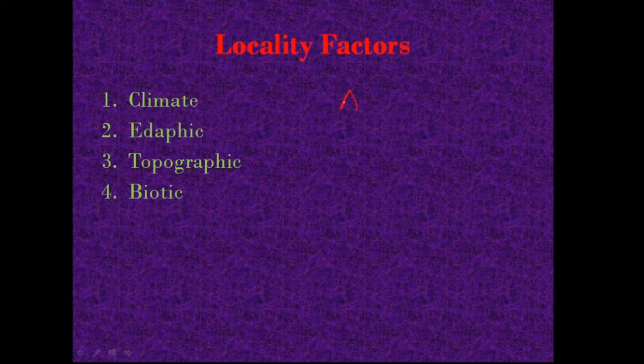Let's take two regions, region A as well as region B. Let's say A gets 1500 mm of rainfall every year while B gets 100 mm of rainfall every year, right? And the temperature at A is 23 degrees Celsius while the temperature at B is 40 degrees Celsius. And A has nutrient rich soil whereas B is poor in nutrients.